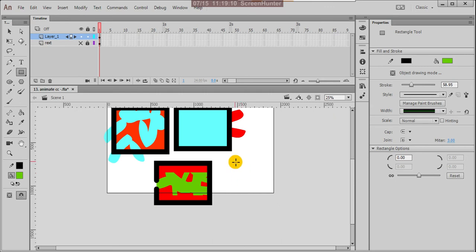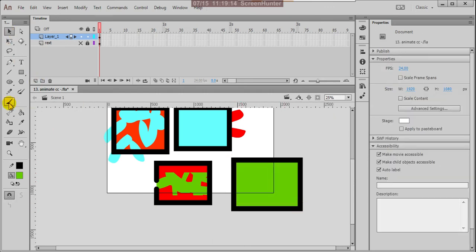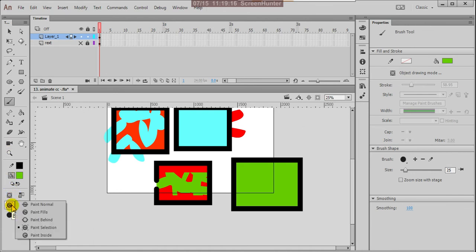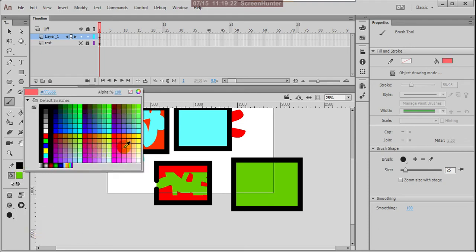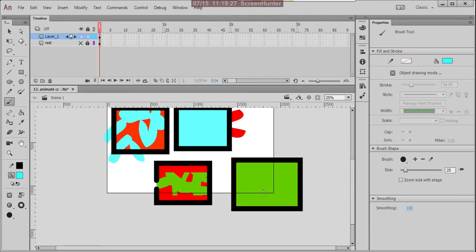Draw one more box here, choose this brush, and come here to paint inside. Inside you can fill colors. See, it is filling inside only, not outside.